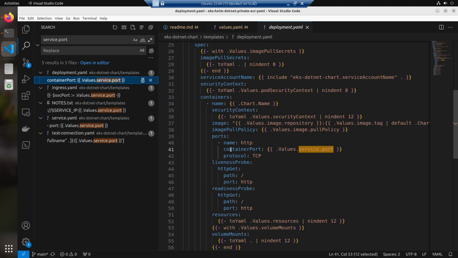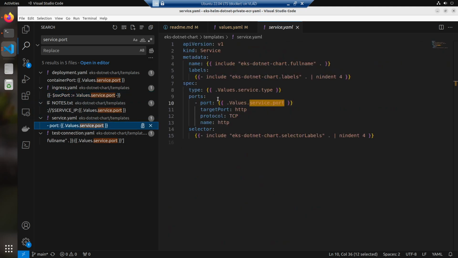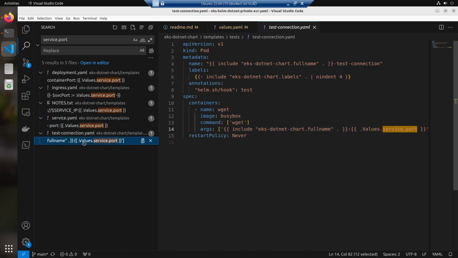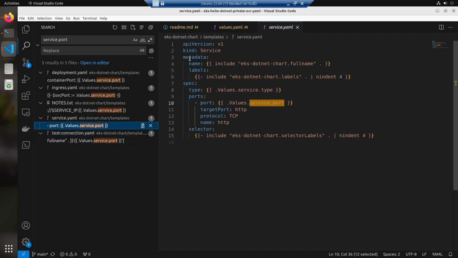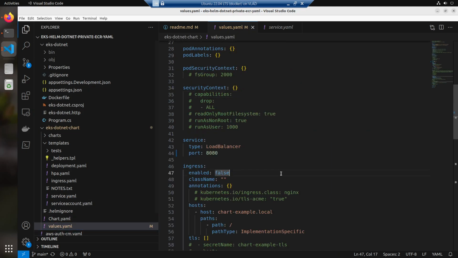So in the container port here, target port, ports, port value, service. Yeah, it should be fine. So if we go to values here again,